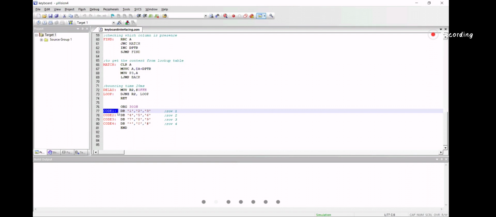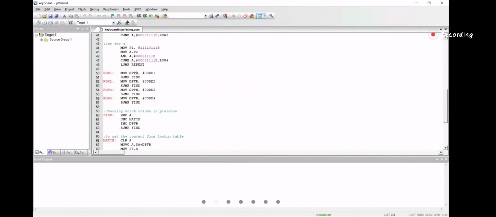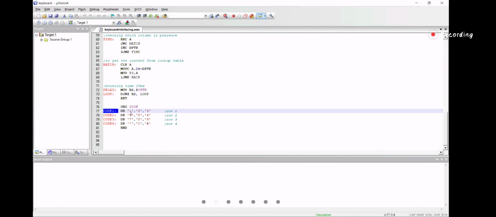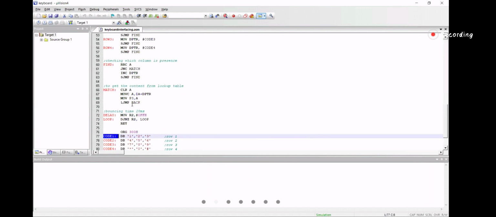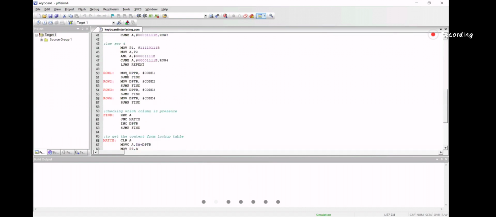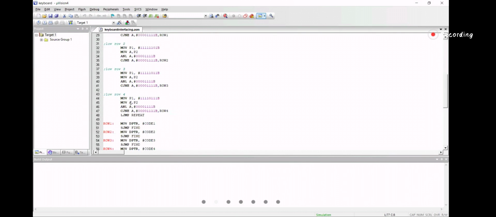If row 1 is pressed, the DPTR will point to the first character of code 1. Then from there it will do MOV DPTR, #code 1, SJMP find. If a value in code 1 is pressed, then only it will come to this part.